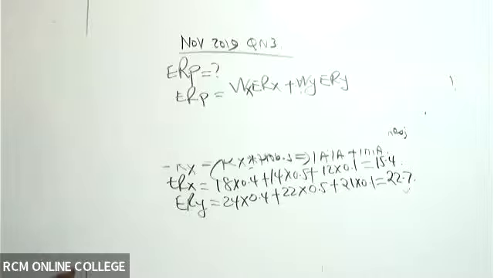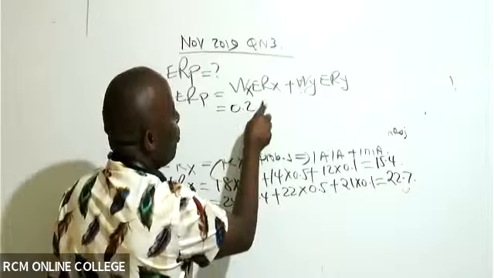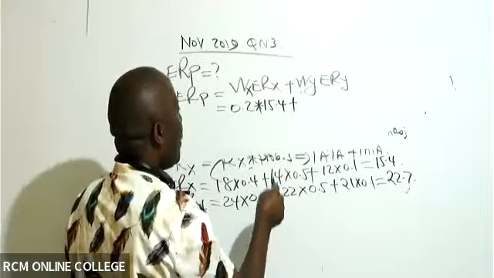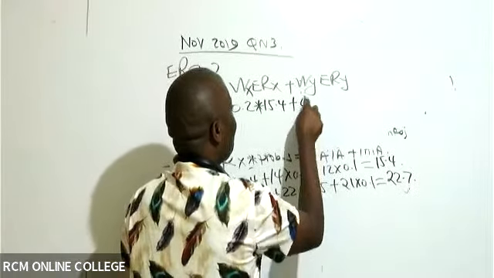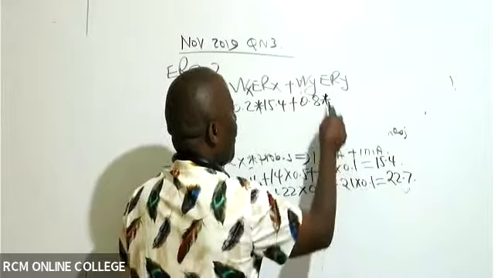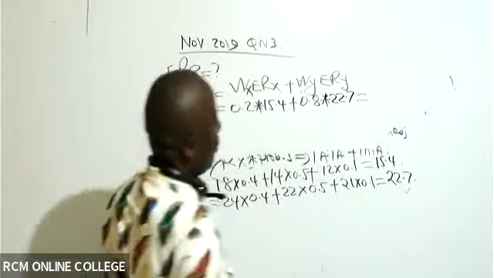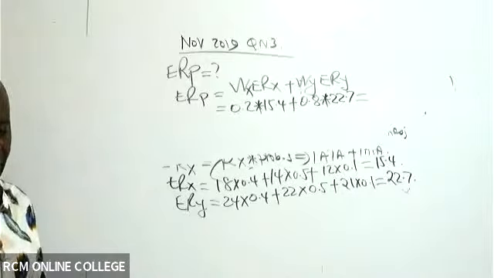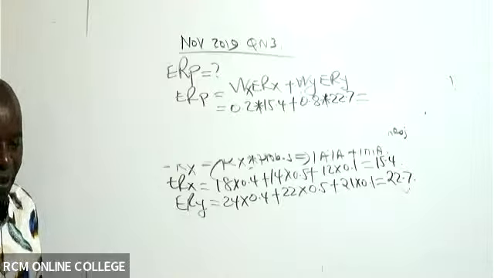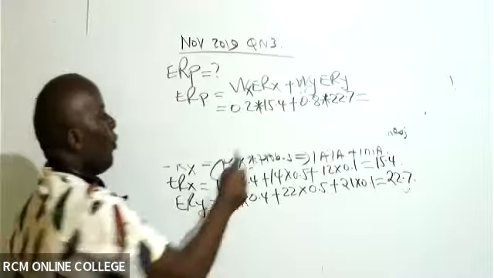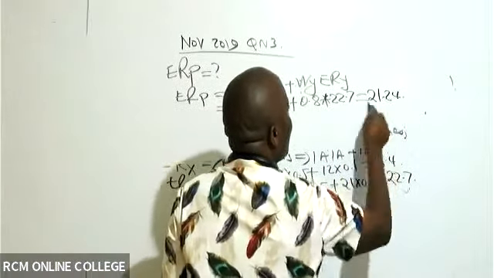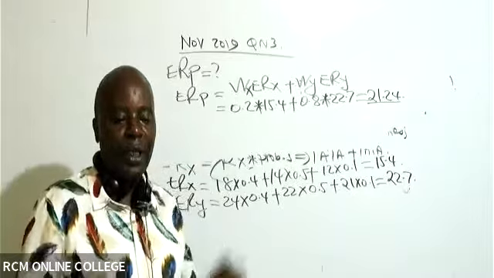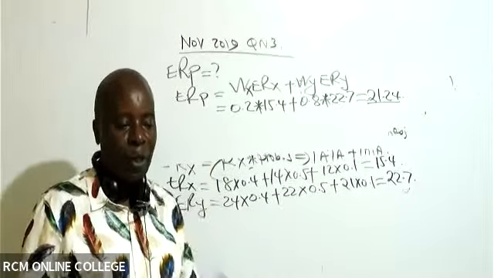All right. So the weights already, we had obtained the weights. This was 0.2 times expected return of X, which is 15.4, plus we have here, ladies and gentlemen, 0.8 times the expected return of this, which is 22.7, like that. So now you're able to give me this expected return of the portfolio. Expected return of the portfolio will be equal to, according to Ross, 21.2. So that is what we shall be doing to get expected return of the portfolio.